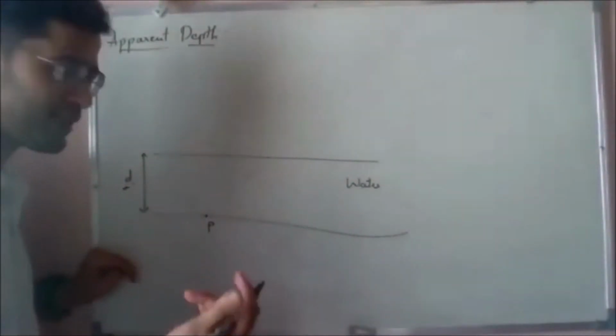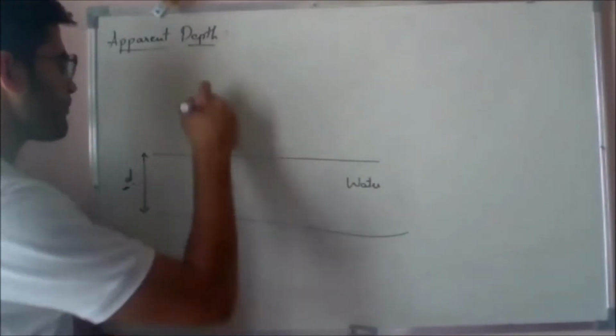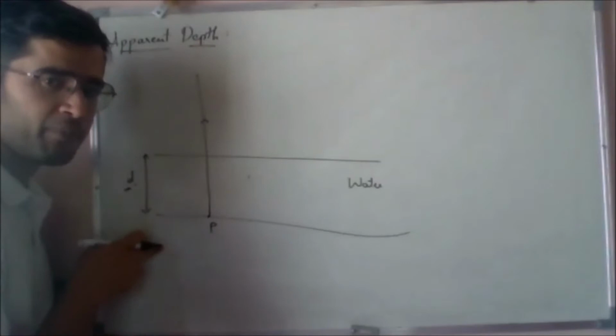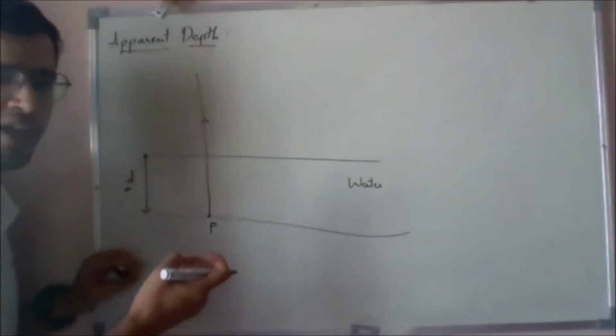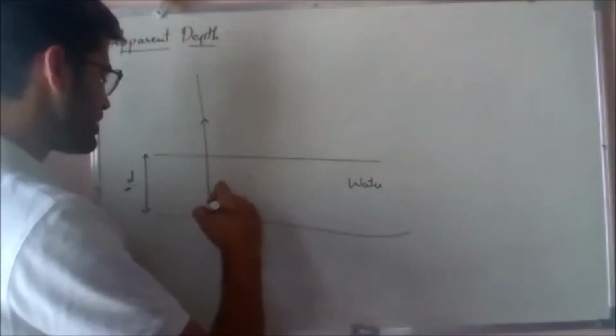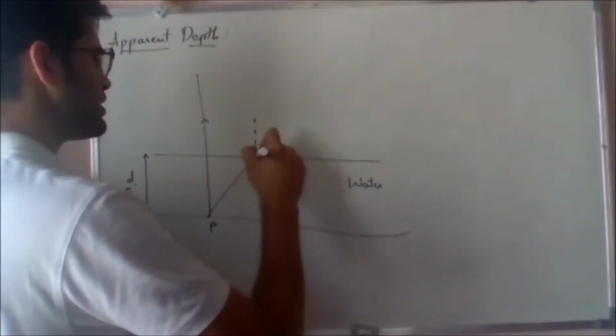So let me draw two light rays, the same light rays which I considered yesterday. One was this light ray, one which is perpendicular to the surface, and this ray will pass through undeviated because the angle of incidence is 0. So if the angle of incidence is 0, the angle of refraction will also be equal to 0. And let me now consider another light ray, something like this.